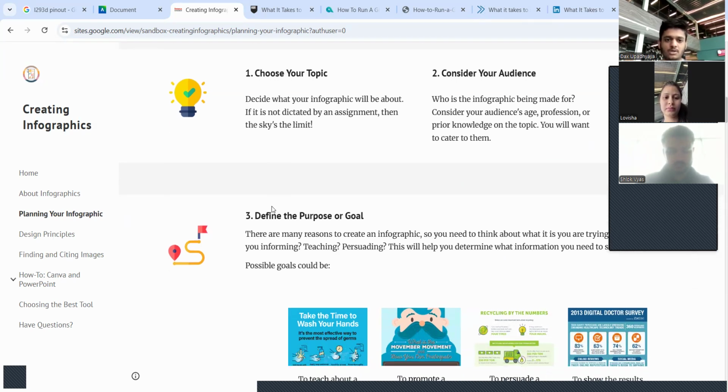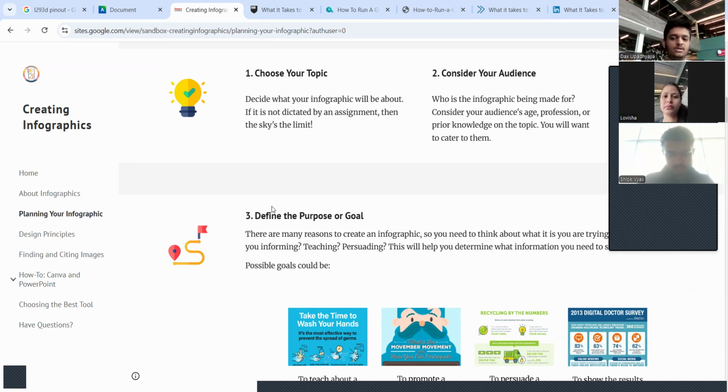We have already chosen our topic, so we now need to consider our audience, which for our topic is either young people or the older ones, because they are limited in technology and don't know much about these things. So they need to go in depth on this, and our infographic must be suitable for them. Any profession is fine. If it is a family member or a professional workmate, it should be good for them as well.